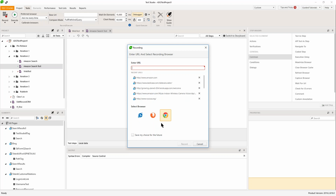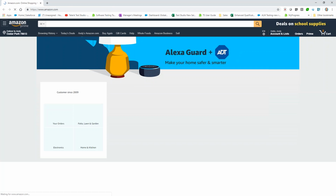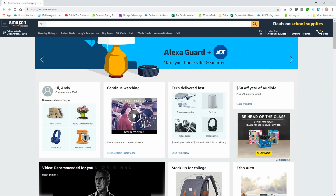The beauty of this too is I could actually record parts of this test in Chrome, parts of it in Firefox, and really mix and match, because ideally we're going to have one test that runs across all of them. We'll start by recording in Chrome. This will start up my browser, it will navigate to the page, and it will attach the recorder for us